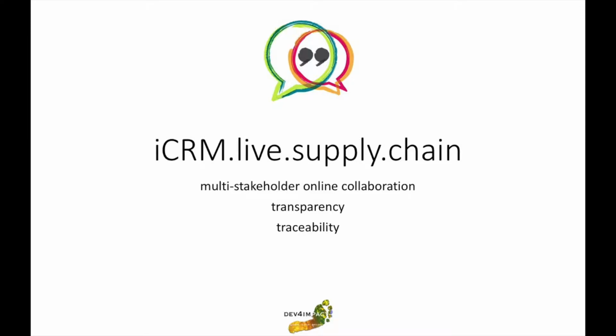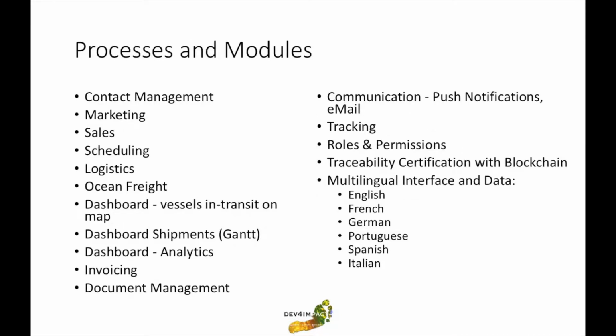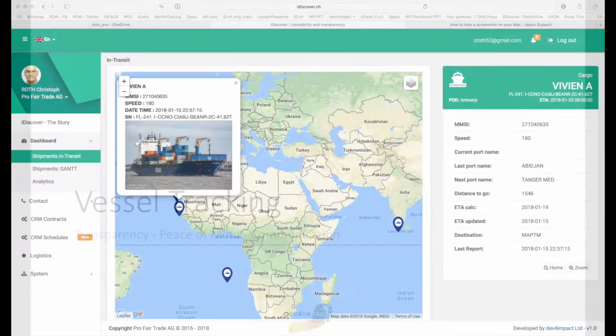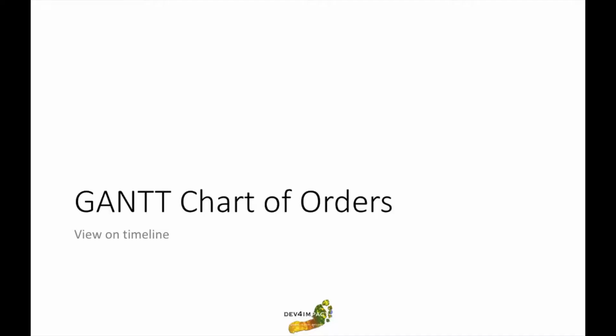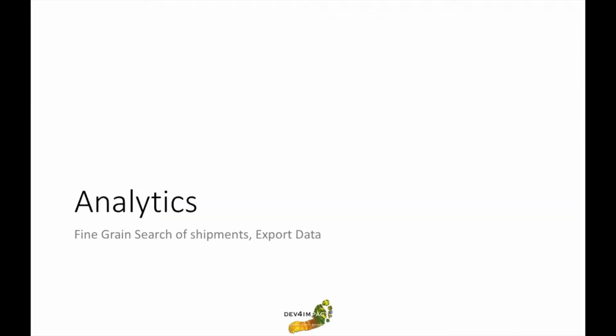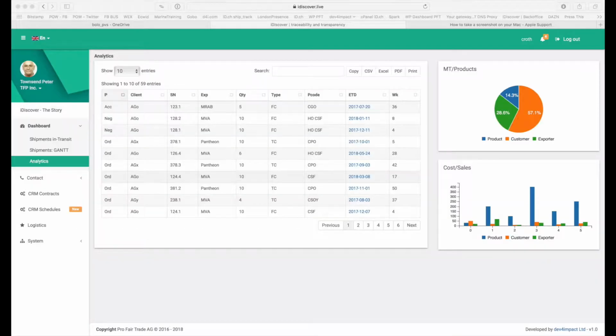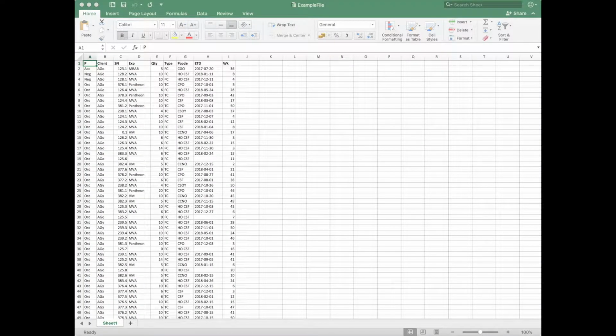Multi-stakeholder software, process-oriented. All stakeholders are involved with the multiple modules which are based on processes, dashboards like vessel tracking, giving an overview of where shipments in transit are located, Gantt charts viewing orders on a timeline, analytics, fine-grained search of shipments, details, being able to drill down, export data to Excel and further work with it,